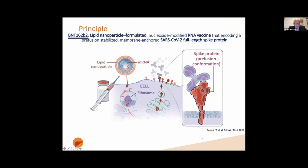You all know about the principle of this nanoparticle formulated mRNA, which is not self-replicating, which after injection is taken up, is protected by the lipid nanoparticle from degradation, is then delivered into